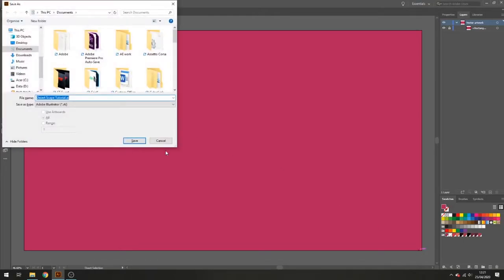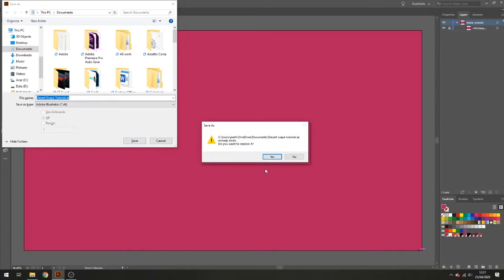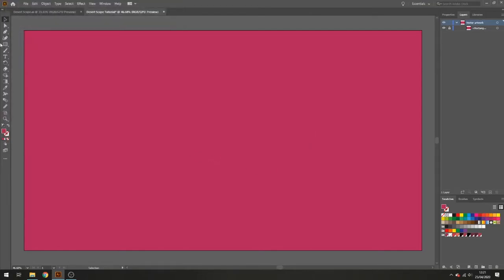Now what we're going to do is make sure we save the document as we go. But what we're going to do is make the sun. So if we click on the rectangle tool, we right click on that, and then you can get the ellipse tool, which creates